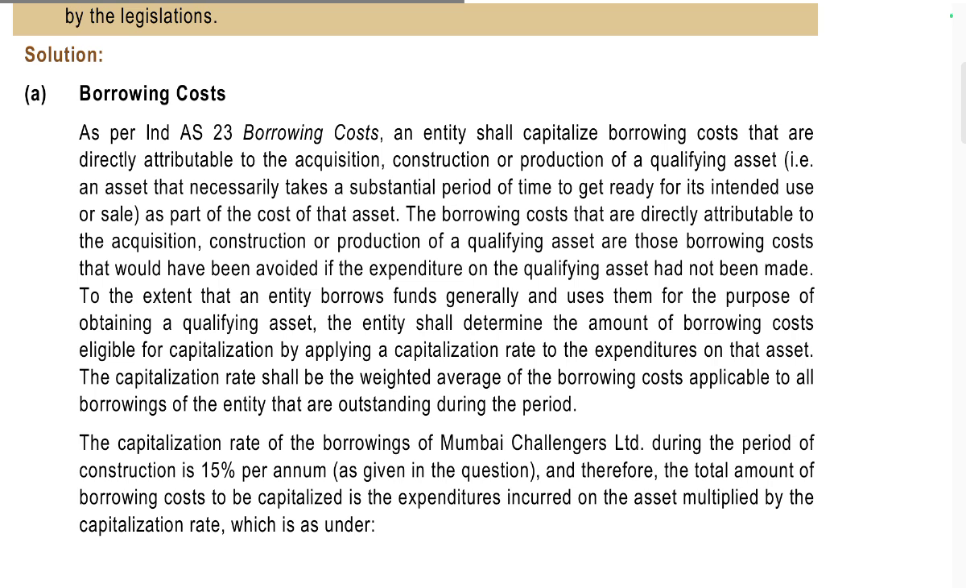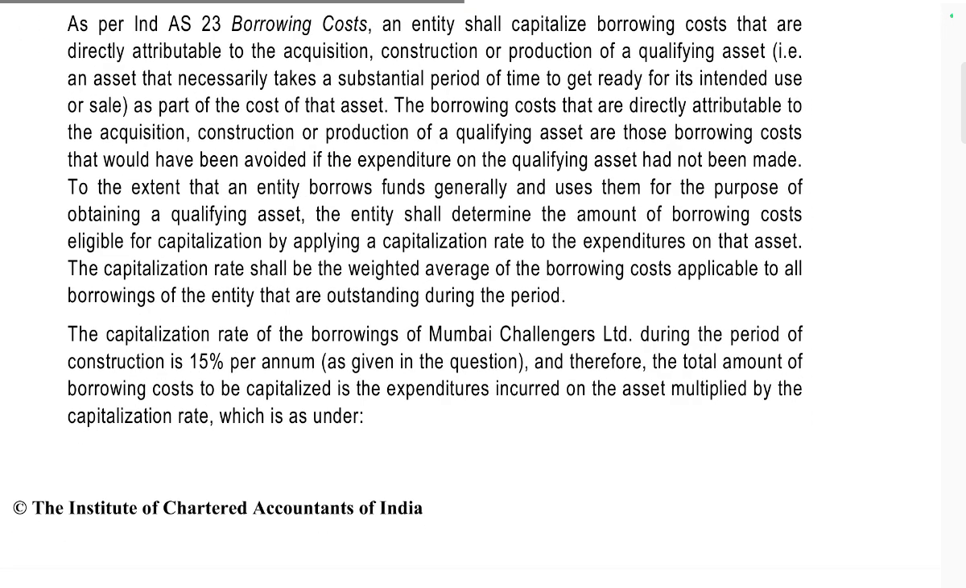To the extent that an entity borrows funds generally and uses them for the purpose of obtaining a qualifying asset, the entity shall determine the amount of borrowing cost eligible for capitalization by applying a capitalization rate to the expenditure on the asset. The capitalization rate shall be the weighted average of borrowing costs applicable to the borrowings of the entity that are outstanding during the period. The capitalization rate of borrowing for Mumbai Challengers during the period of construction